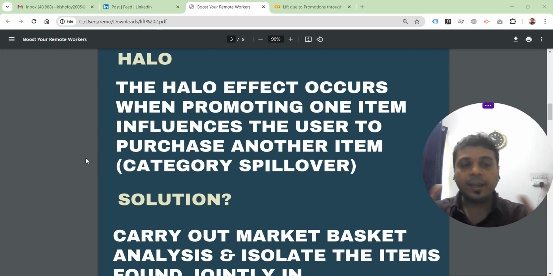So obviously, every SKU in your product set, in the brand that you are promoting, will belong to a certain product category. So when a user purchases one item, or rather when you are promoting one particular item, there's also going to be the possibility that some other item in that category might also be purchased, because obviously the user